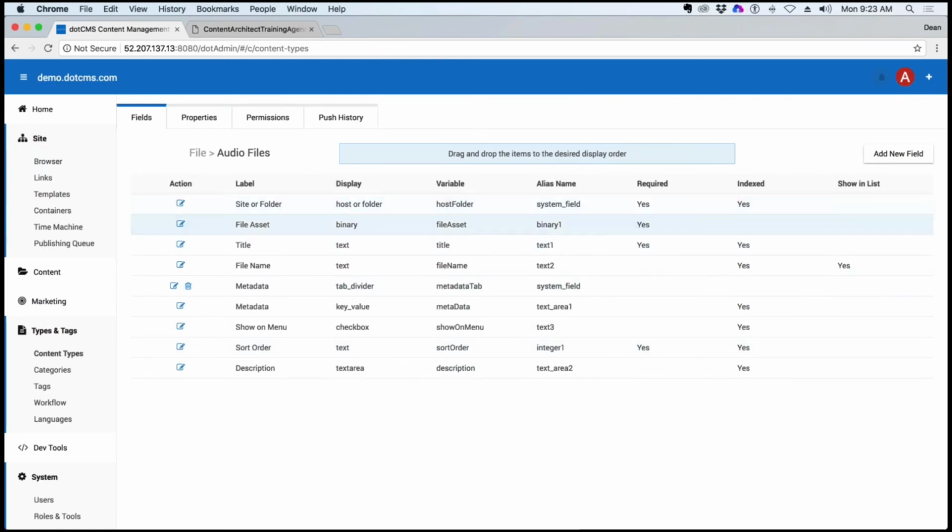You need the site or folder where it's uploaded to. You need to record that. Something to upload the file, the title of the file name, the metadata from the file, the show menu checkbox, the sort order option, and the description. Okay, those are all. And then I can add,